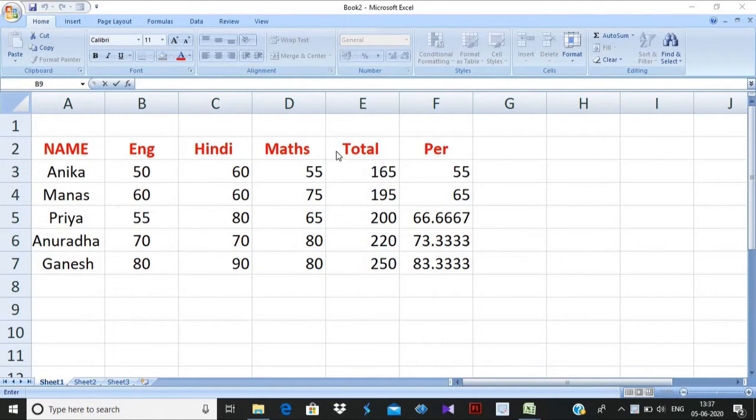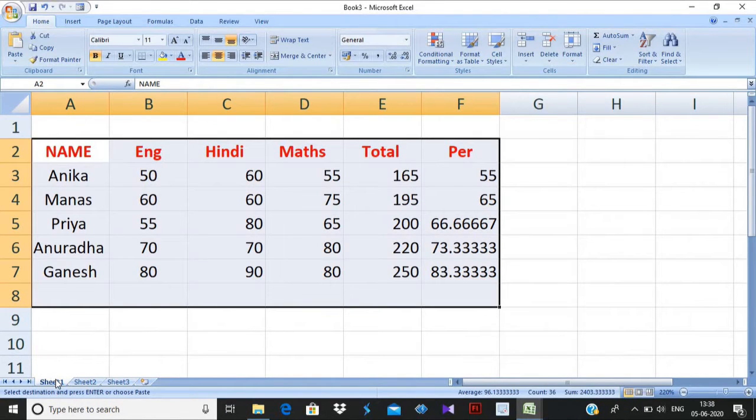First of all, you have to insert some data. Okay, now this is your data. Now press and hold the Shift key, and since you are still in sheet 1, click on sheet 3. When I click on sheet 3, then release the Shift key. You will see the name change from Book 3 to Book 3 Group. Now all three sheets are grouped.